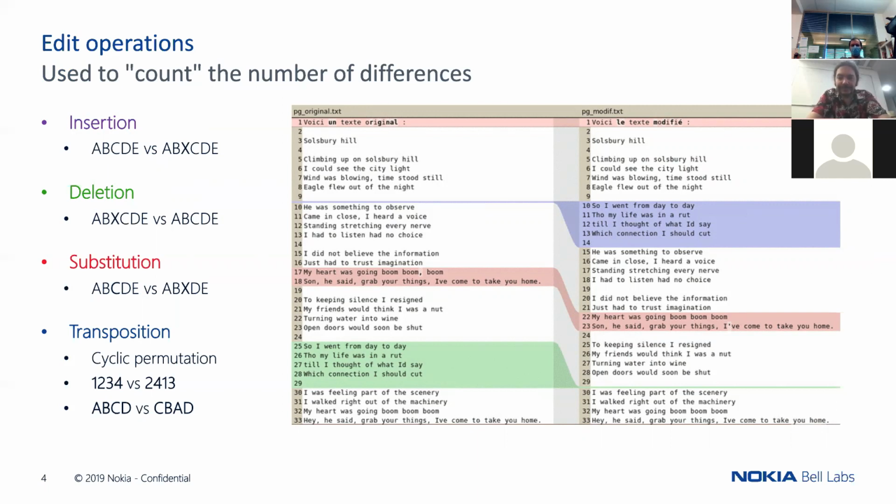For example, you have transposition, where you swap some characters of the string, and you could envision other edit operations. It depends on the distance that you consider. In this talk, I will mainly focus on those 4 edit operations and mainly on the first three.